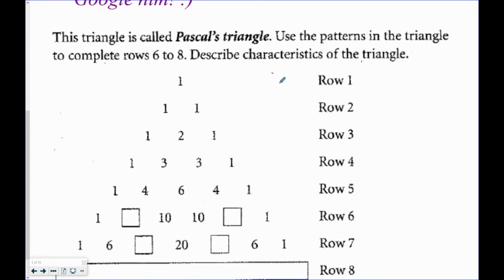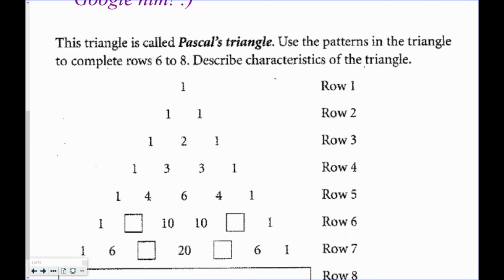So the very, very top row, we call it row 1. And you're going to see this sort of weird pattern emerging. So row 1 starts on 1, then row 2 goes 1, 1. And then row 3, which has 3 terms, goes 1, 2, 1. And then row 4 is 1, 3, 3, 1. And if you're wondering what the pattern is, well, if you check it out here,